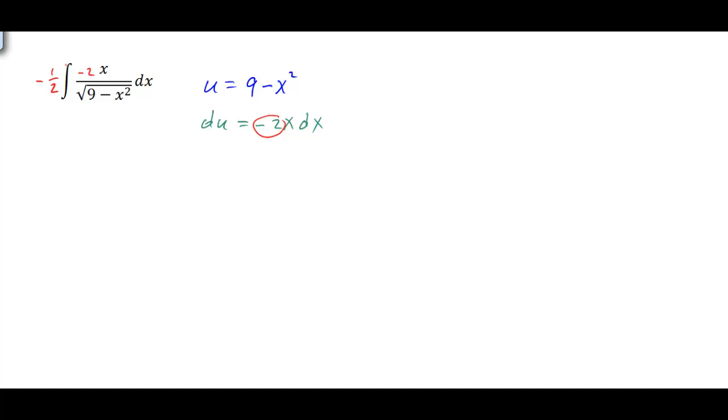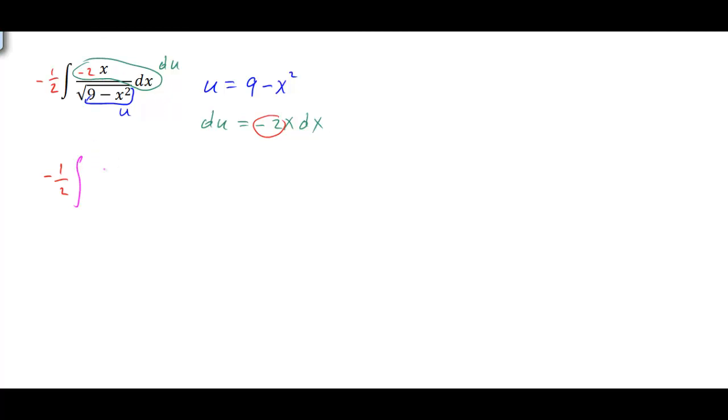So now what form do we have? Now look carefully here. Do we have du over u? At first glance you say, of course we do. But if you look very closely, you're going to notice that on the bottom we had 9 minus x squared. That is our u. And we have a negative 2x dx on top, which is the du. Well, if I really rewrite this, what we really have here is negative 1/2